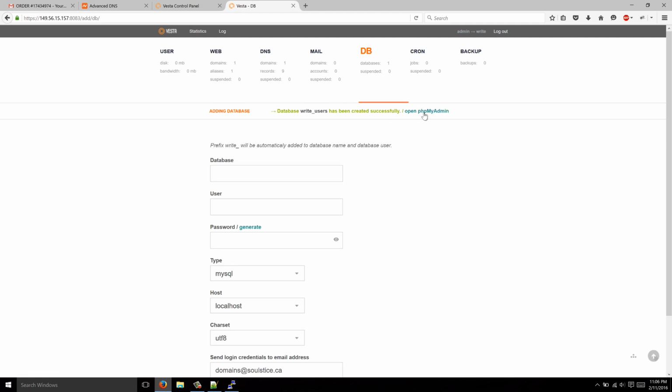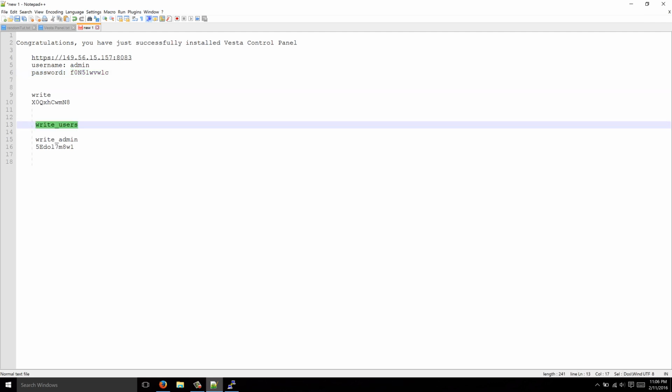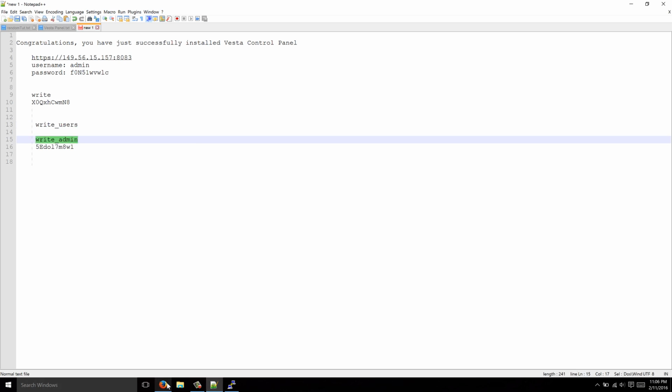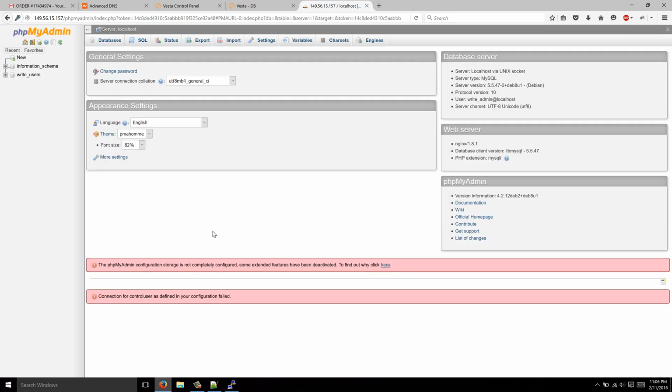So I'm going to show you guys, I'm going to log into phpmyadmin here. Also a very useful tip. This password here is your root password for phpmyadmin. I will show you both ways, but for right now I'm just going to log in as the admin user that we just created with this password and hit go. And you can see, after it takes a while, it installs, and there's my users